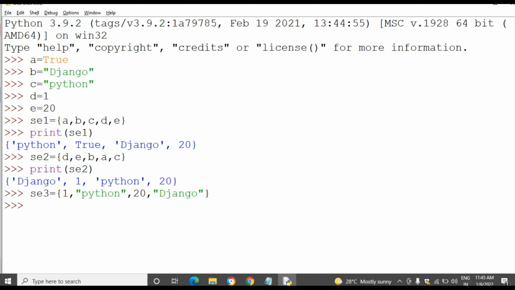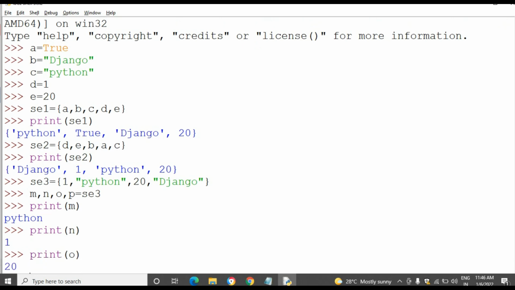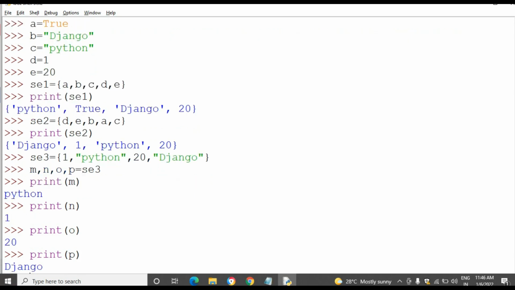Here I have taken 4 values, so I have to initialize 4 variables: m, n, o, p, equal to set3. Then print them.